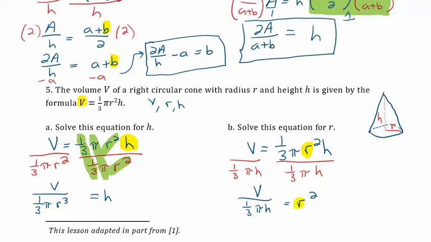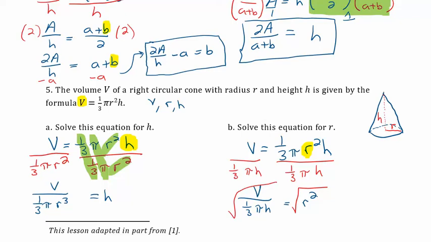r is still not quite by itself. It's not just r. We have this squared here. What undoes squaring? Good job, square root. My r kind of looks like a square root, doesn't it? We don't want that. Let's see if I can make it more like an r. There we go. So we're going to take the square root of both sides,